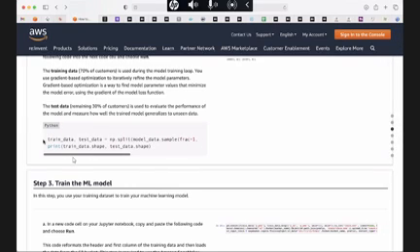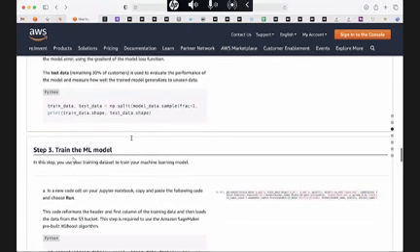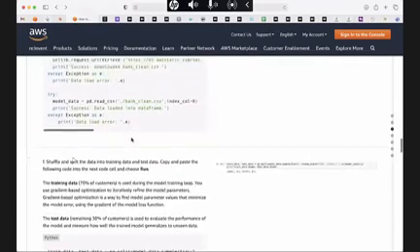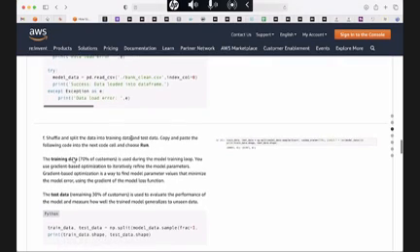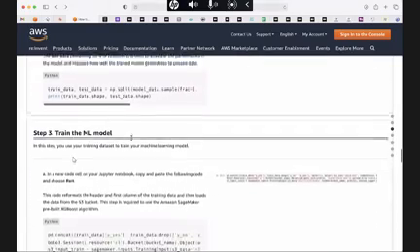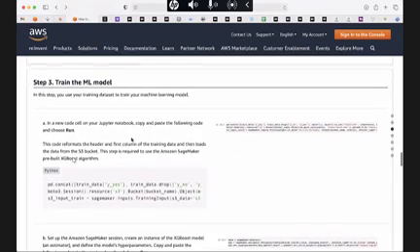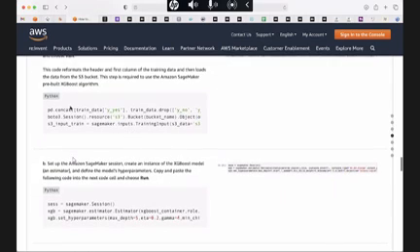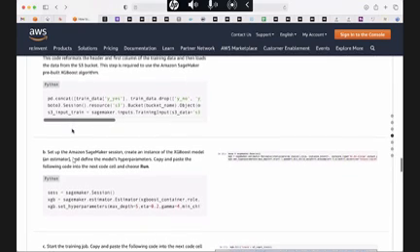You can type this, or you can simply copy like this and paste. But don't just copy, paste, and run. Each of these cells you copy and paste into your notebook, and then execute that cell to make sure that it's running. Then step 3 is to train the ML model. It is giving the training data and labels, and where the S3 bucket is for input.